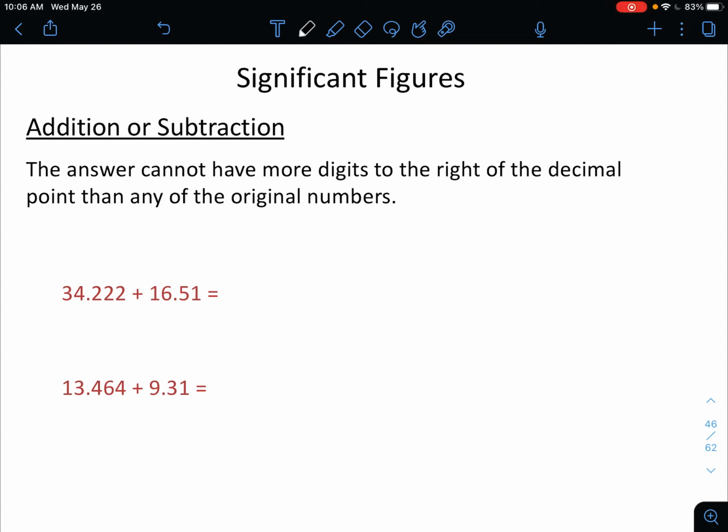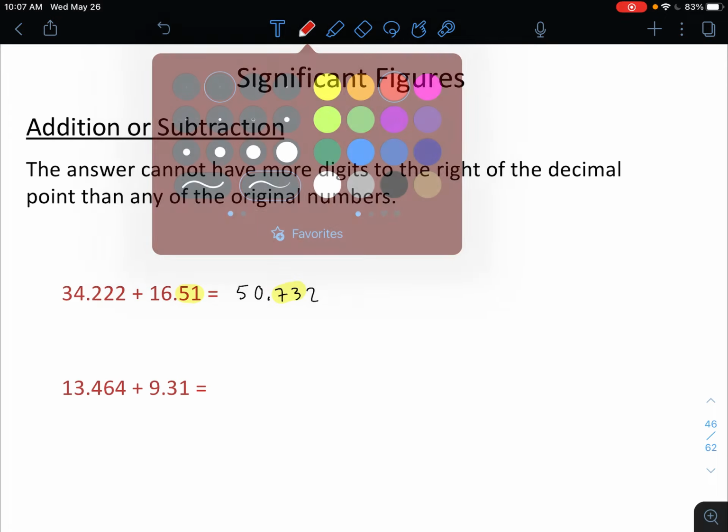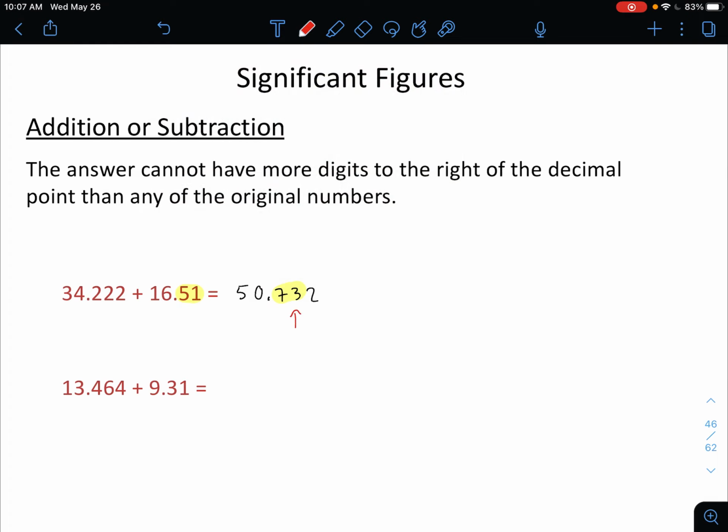34.222 plus 16.51. The calculator gives me 50.732. Well, of the two given values, 16.51 only has 2 significant figures after the decimal, so that means I can only have 2 significant figures after the decimal. So if 3 is now my cutoff number, 2 is what follows it, so it's just going to round to 50.73, right? I don't go up, I just leave it as is. Okay, the next one,